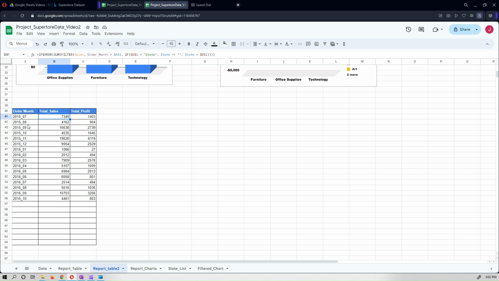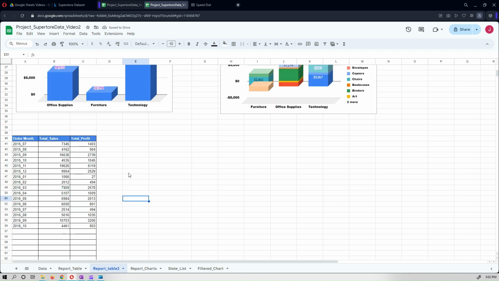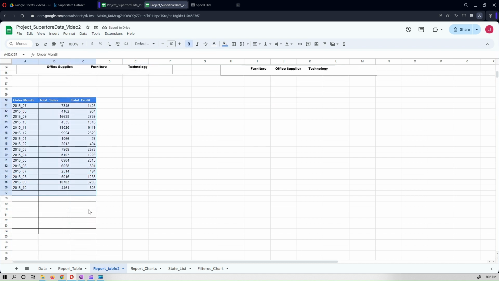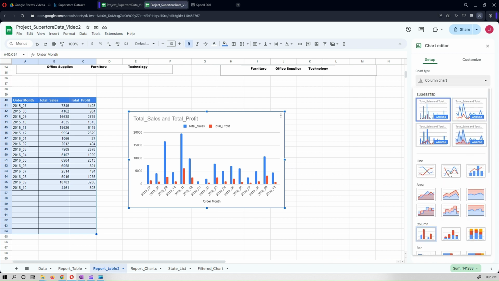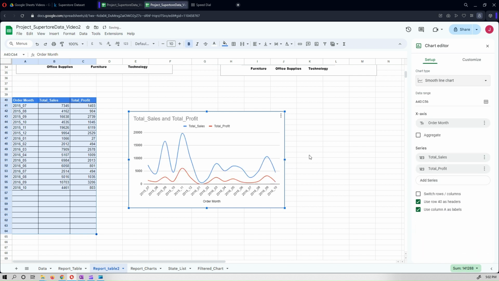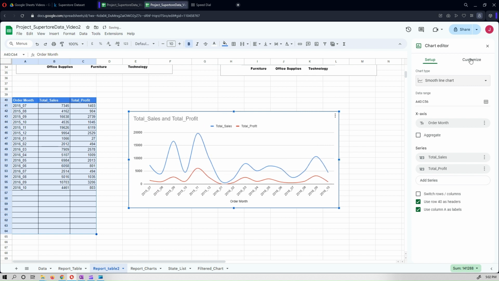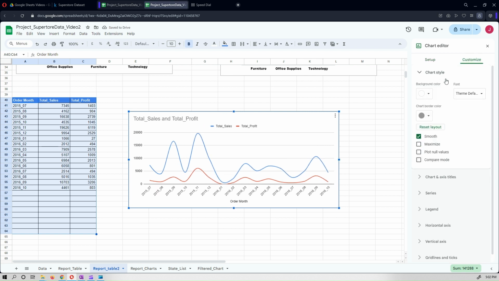And then I'll select everything from top to bottom and do control V. Now with this, I can create a line chart. I'll select this table, click on insert, chart, and by default it is creating a bar chart. I can change it to a smooth line chart, and here we can take a look at the trend in total profit and total sales. I'll just change the font to wide,